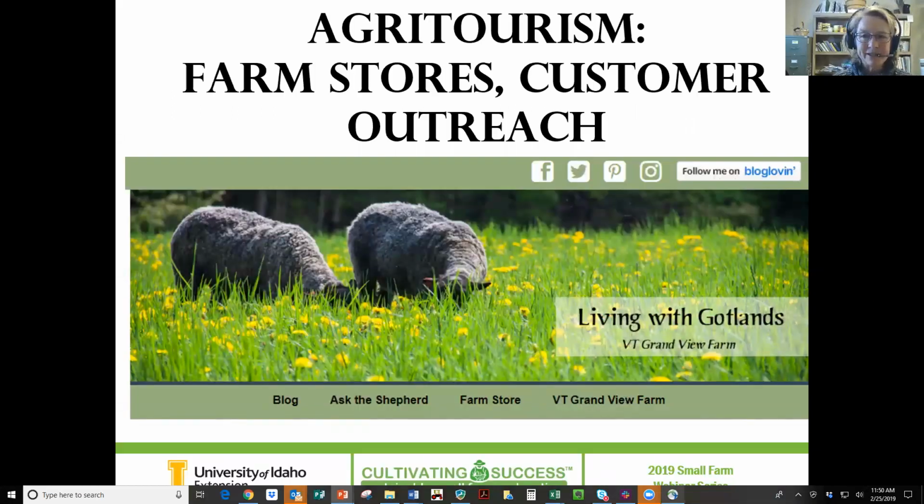Another potential that is, I think, really, really good for our local farmers is that I was always amazed at how people would want to come to see my farm. They would go out of their way. People like to see it. It's fun. This one has a blog, Ask the Shepherd, your farm store, and you can just really feel that wonderful feeling of being on a farm and raising sheep and educating yourself. You've got a captive audience of people that are going to your blog.